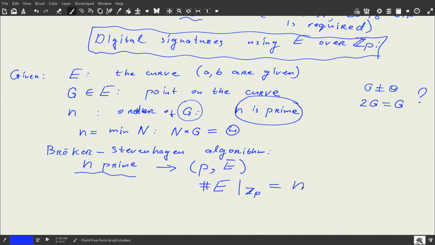If the total number is n, the whole group is of prime order, and it is very easy to see that in that case,